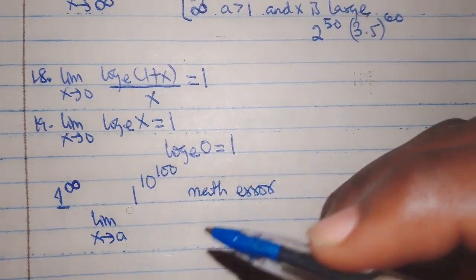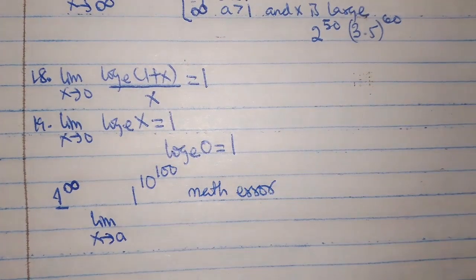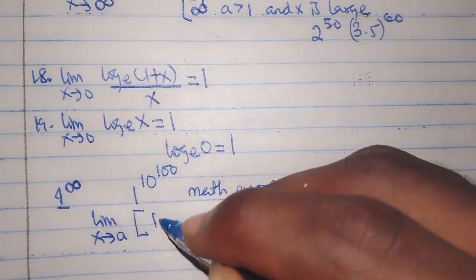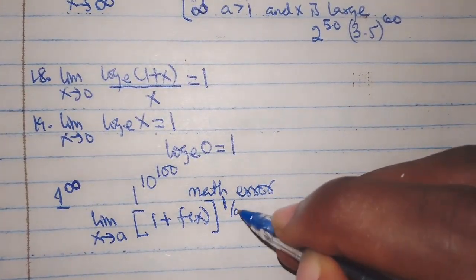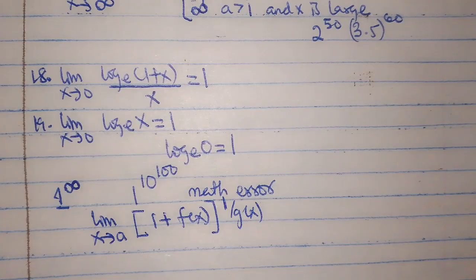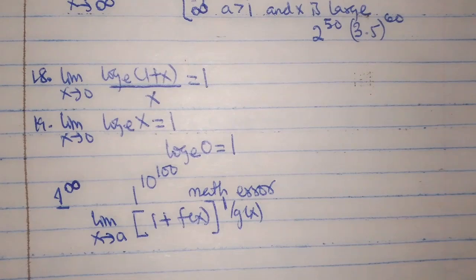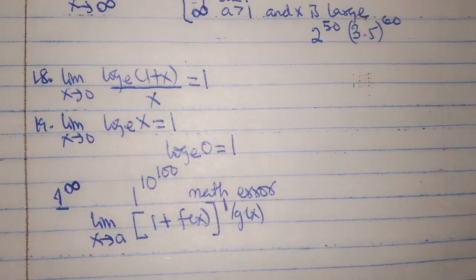So look at this, what we want to express. Limit as x approaches a of (1 plus f of x) to an exponent of 1 over g of x. Now if x approaches 0, you can see 1 over 0 is infinity. So if f of x approaches